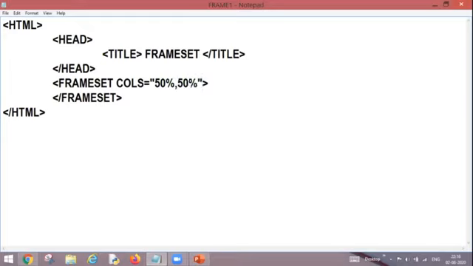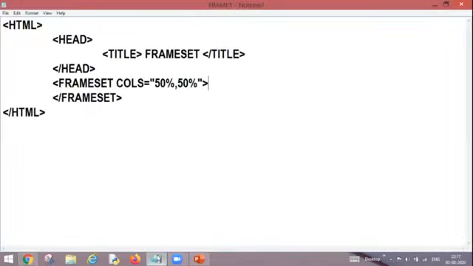If I divide a web page into two columns, my 100% area must be divided into two parts so that the total becomes 100. So I have taken two frames, 50% portion frame 1 will cover and 50% of the web page will be covered by frame 2. Now Control S, I can go back, press F5 key.